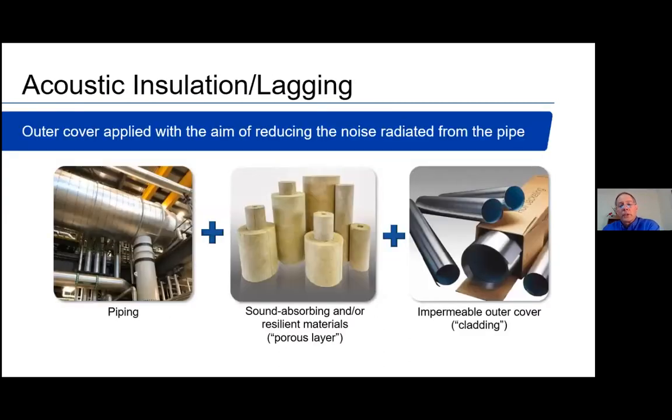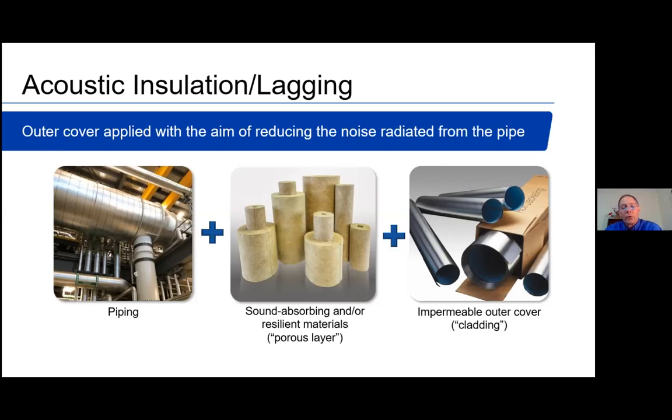In the industrial arena, what you would typically look at for trying to control noise or sound is going to be an acoustic insulation and lagging system that is installed around the piping. So you'll have pipes that may have a particular noise issue, whether it's flow-related noise, or possibly the pipe is picking up noise from some other structural element that's connected to it and radiating that noise. Depending on the frequency of that noise, you would need some combination of sound absorbing material and possibly high density resilient materials, maybe a mass loaded vinyl for your lower frequencies.